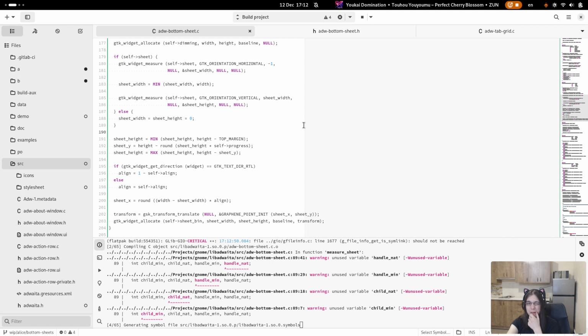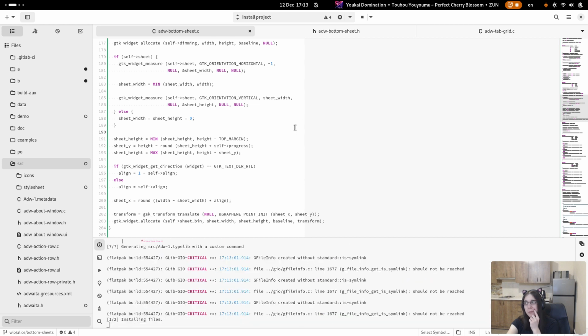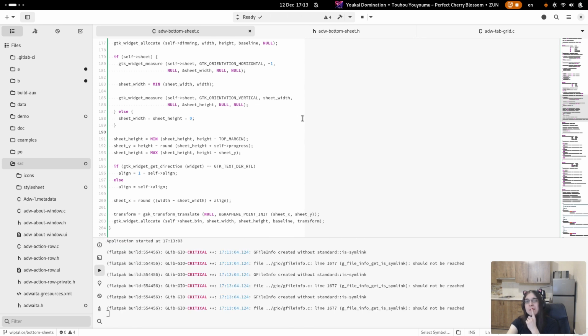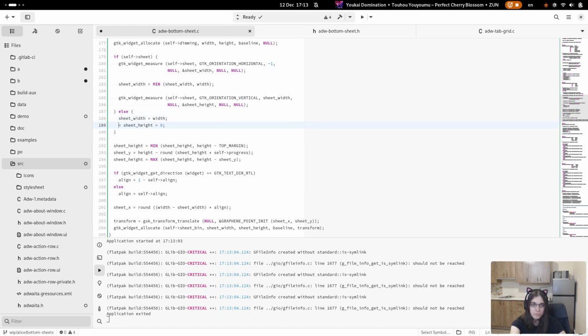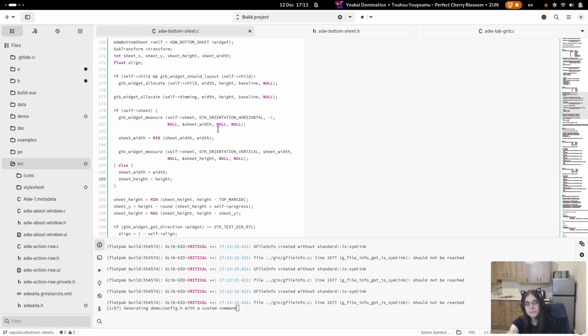Well, 0 might be a bad thing here, but we'll see. I probably should allow it to open at full height in this case. Yeah, no. This.